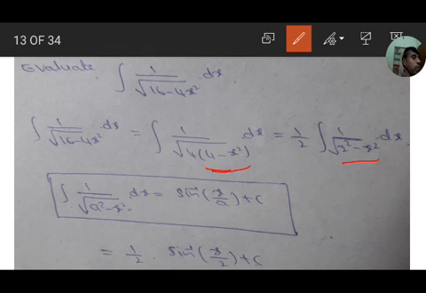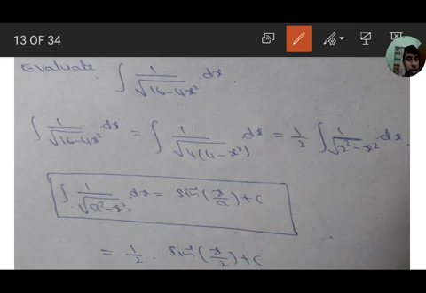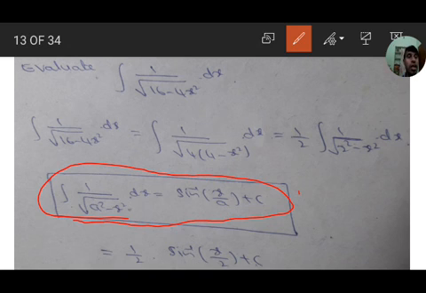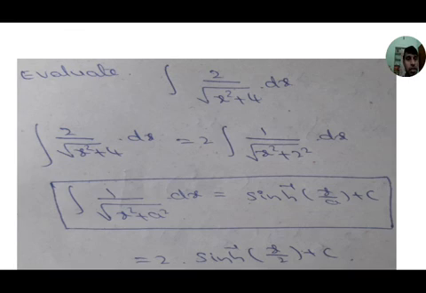So it is of the form integration 1 by square root of a square minus x square dx, equal to sin inverse x by a plus c. Here a means 2, so 1 by 2 as it is, sin inverse x by 2 plus c is the answer. Here also the formula. In these problems formulas rule, it is the basic rule. The formula must be remembered.